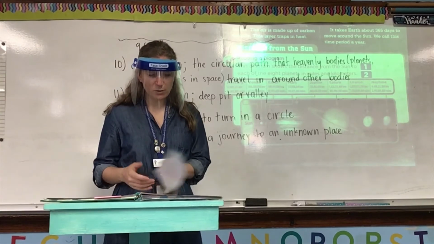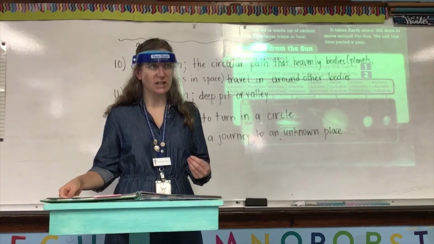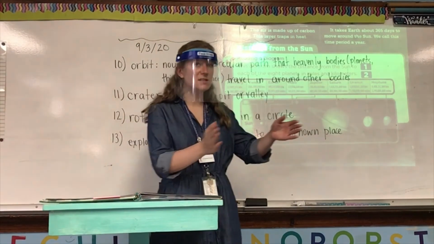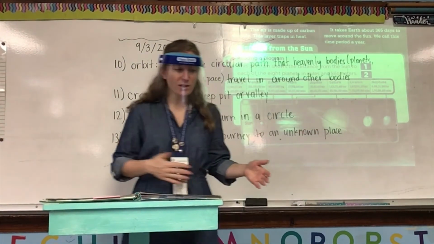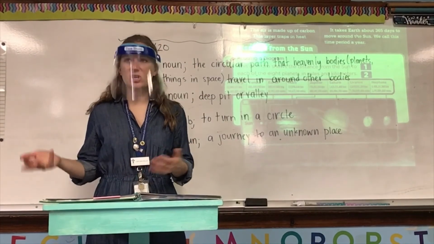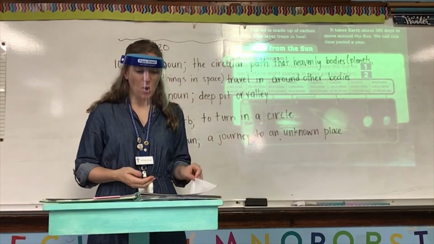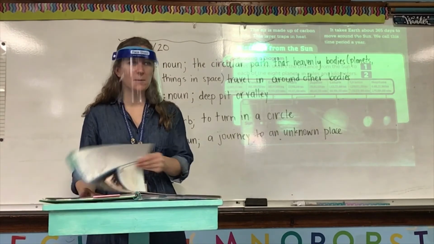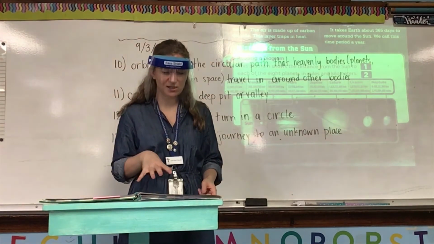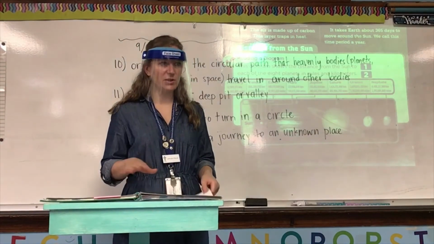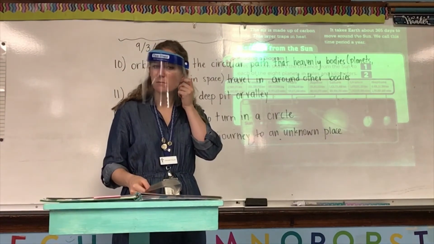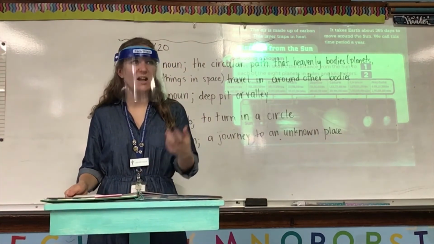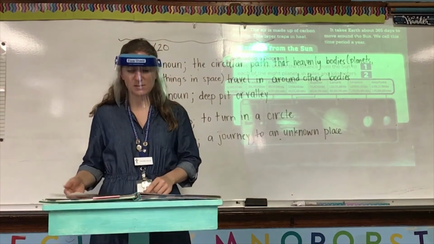Good. So those planets that we just read, the inner planets, Mercury, Venus, Earth, and Mars, those are the ones that are closer to the sun. Well, now we're in the outer planets, which are further away from the sun. Why do you think that the subtitle and the planet names for the inner planets are that reddish-orange color, but the outer planets are all blue? Why do you think that might be? What do you think the person who designed this was going for with the color that they chose? Smith?